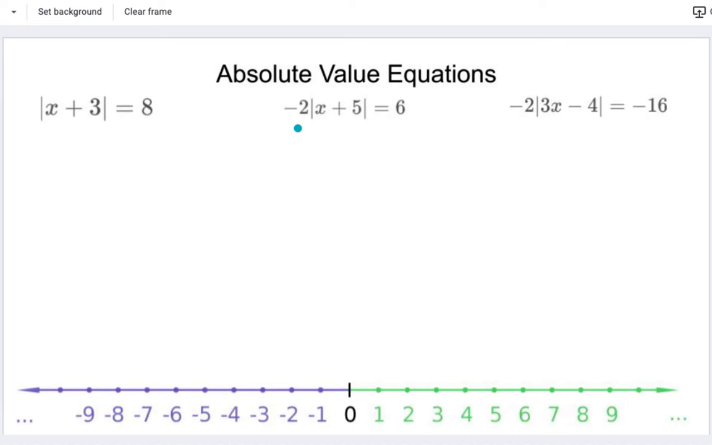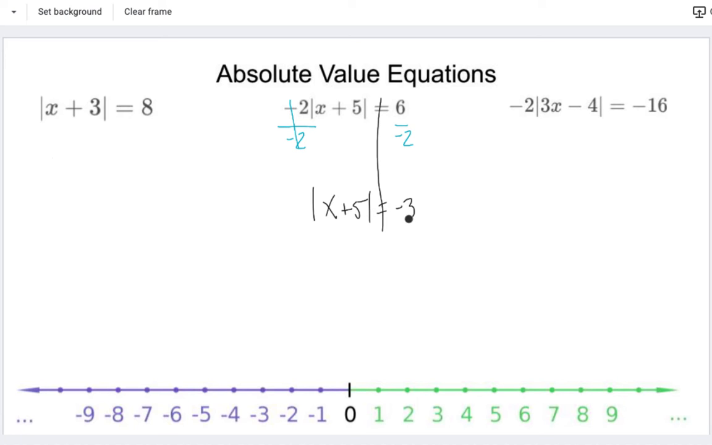So in this case we have negative 2 multiplied by the absolute value of x plus 5, and that equals 6. So the first thing you want to do, before we break this into two separate equations, is to divide by the negative 2. So this leaves us with the absolute value of x plus 5